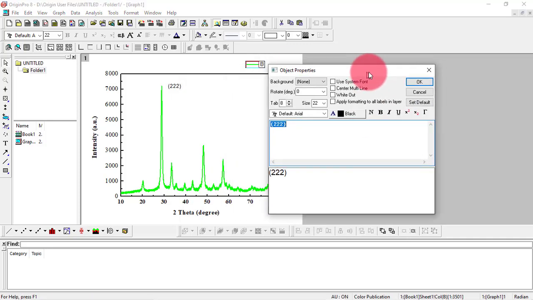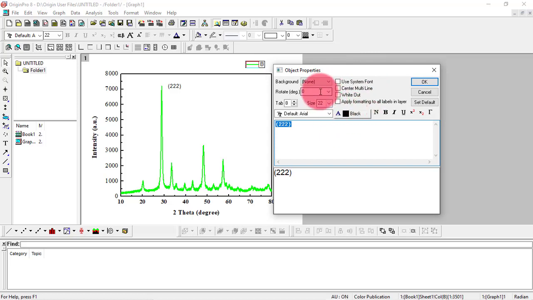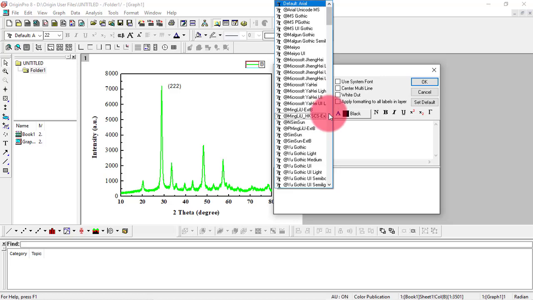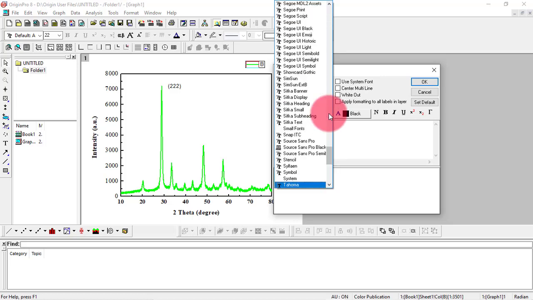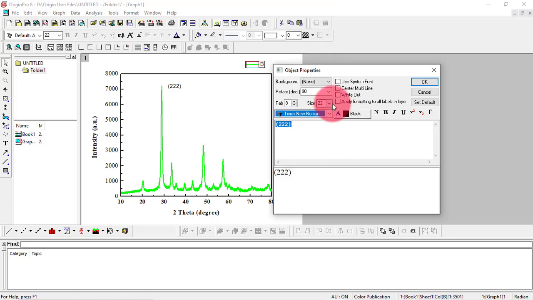Here in the properties you can apply rotation. Suppose I'm giving it a rotation of 90 degree and the text again I'm giving it Times New Roman and size 22, I think 26 will be okay.